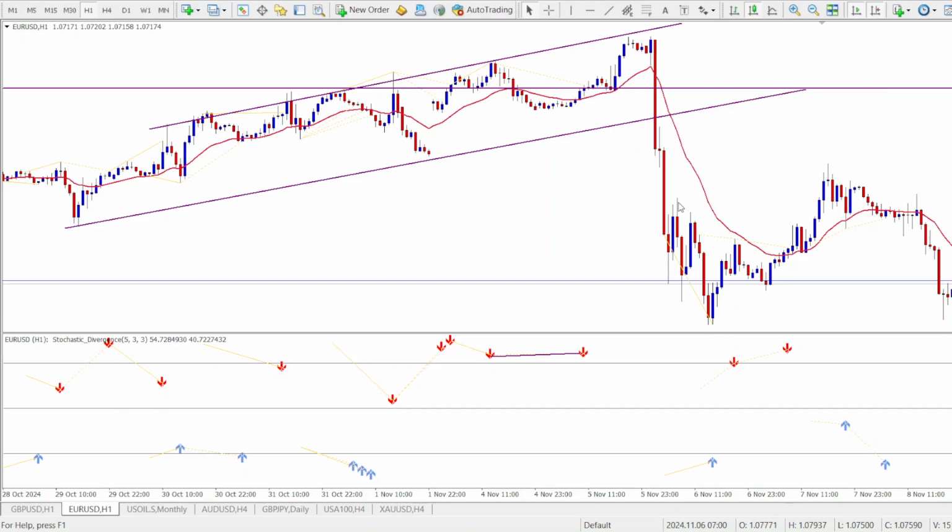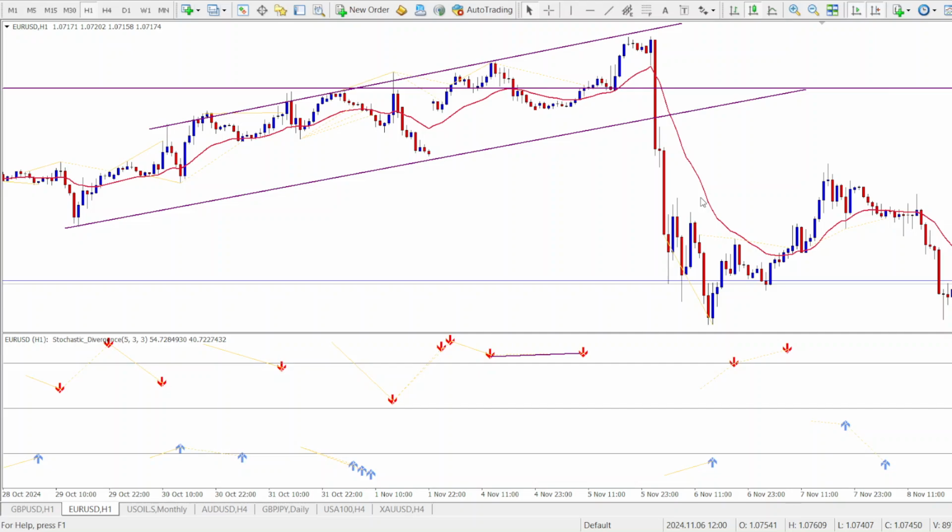Tip number two: remember that divergence is best used in trending markets. All right. A stochastic divergence in a strong trending market can be a strong reversal signal, but in a choppy sideways market, it might give you more false alerts than reliable ones. Okay, and finally, for tip number three, practice, practice, practice. Okay, the more you familiarize yourself with different types of divergences and their patterns, the more accurately you'll be able